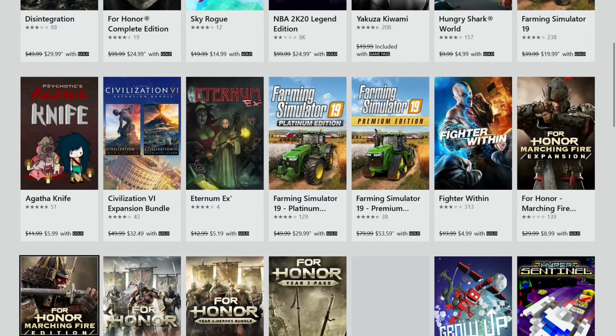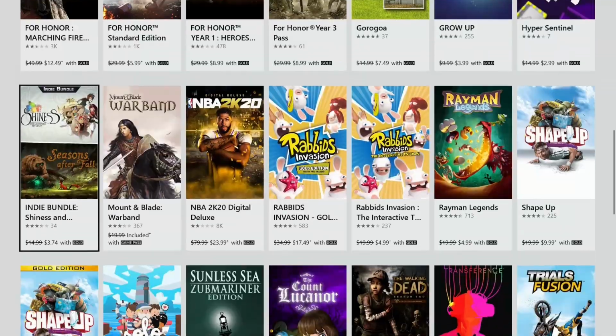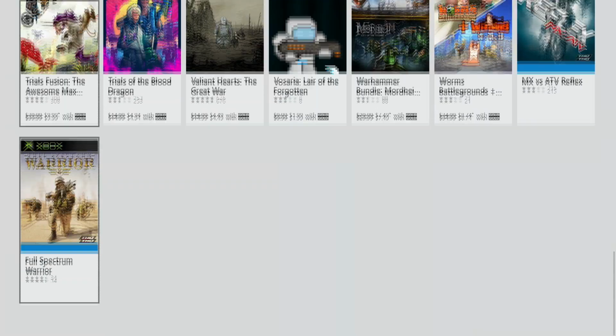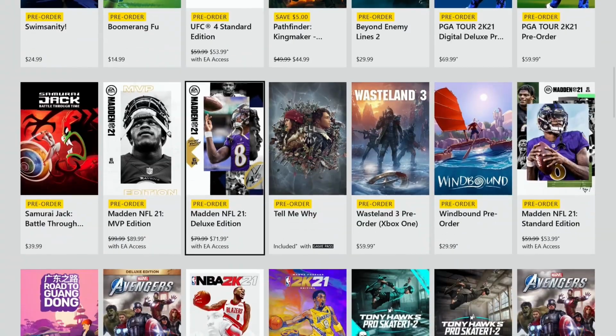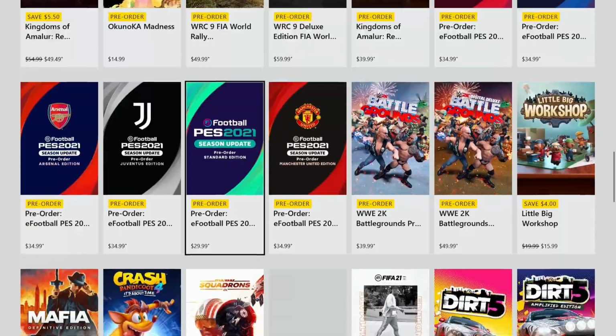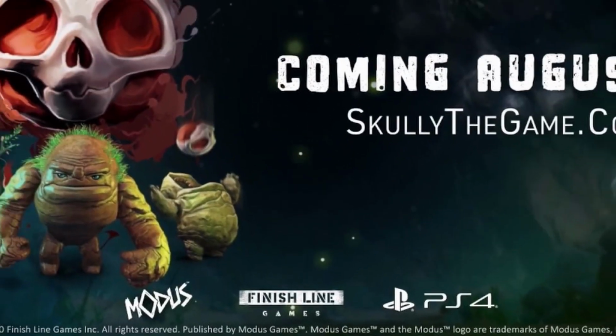Because I'm a sucker for a good deal and apparently way too loose with my wallet, I was browsing the Microsoft Store on my Xbox One looking for a new game to play, and because we're still a few weeks out from some major releases, I was having somewhat of a hard time. But then I stumbled upon a game that looked incredibly unique, a game called Skully, by an indie game studio